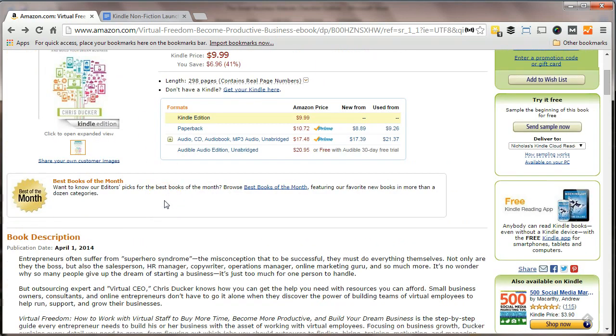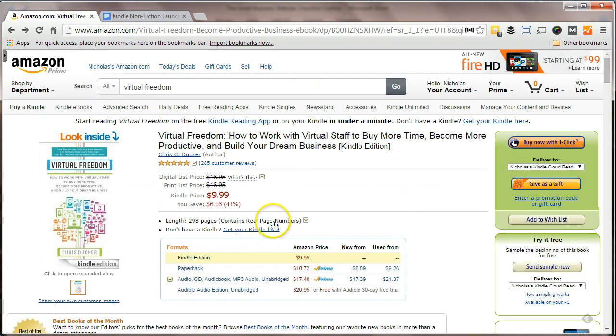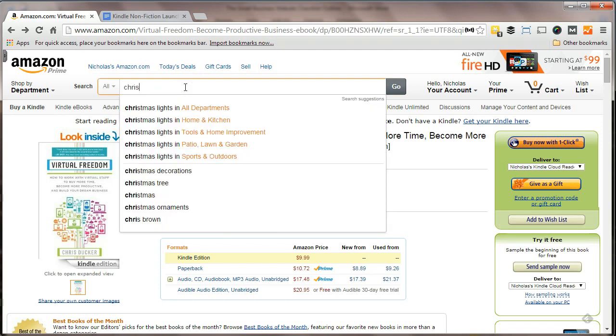Now, the second thing I want to talk about is the text of your book itself. And this is a really, really powerful thing. Because you're uploading a digital file to Amazon, they're actually crawling through the whole thing and indexing all of the words in that book. So, for example, when I search Chris Ducker,